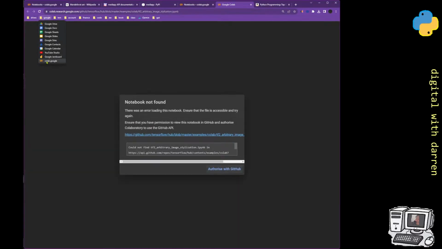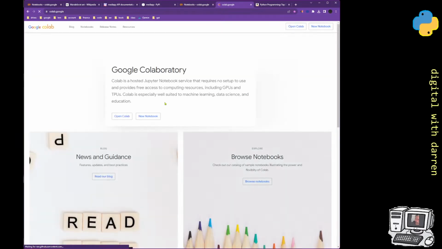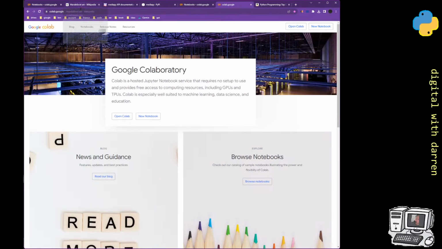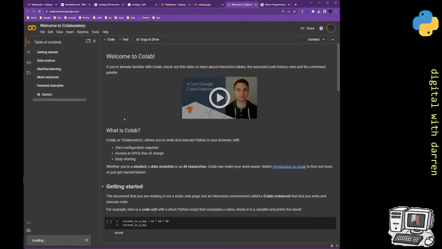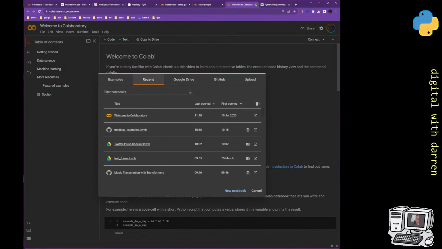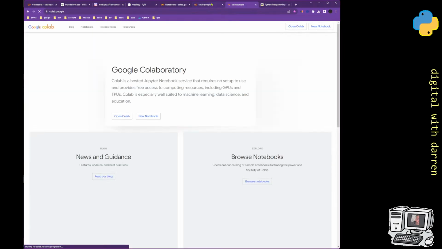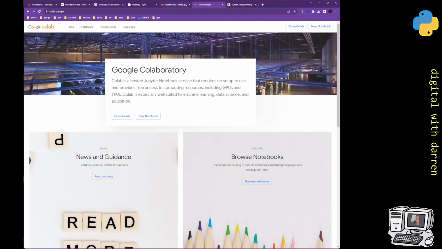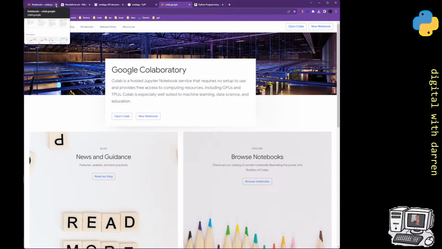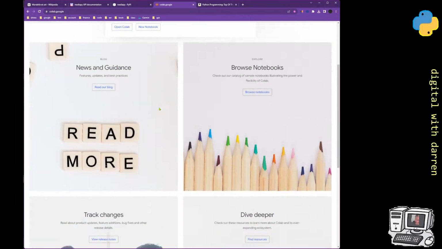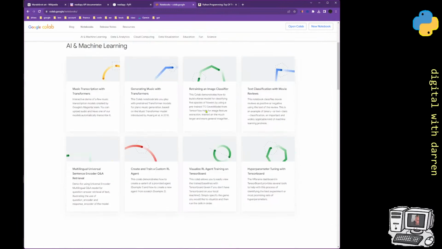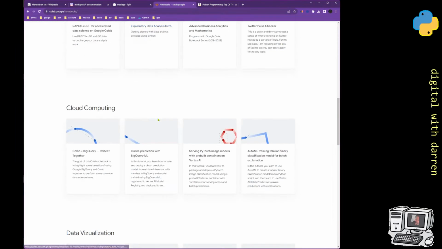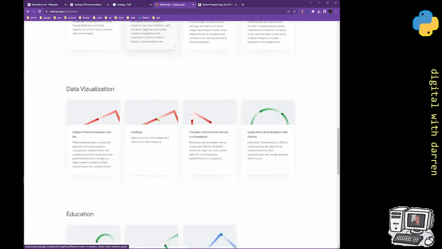Okay, let's just go to Google Colab like that and open Colab. I didn't want to do it that way. Okay, so Google Colab. I'm going to close all of these up and browse through the notebooks again. And I wonder if this time, if I do click on it,